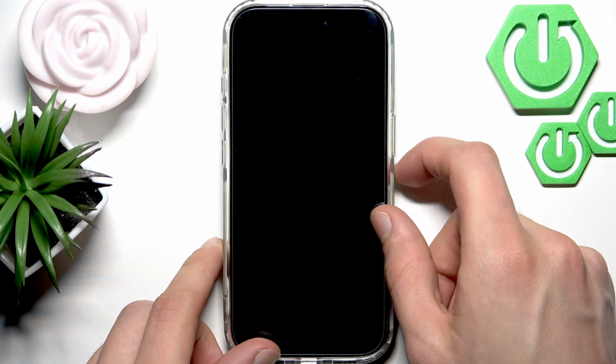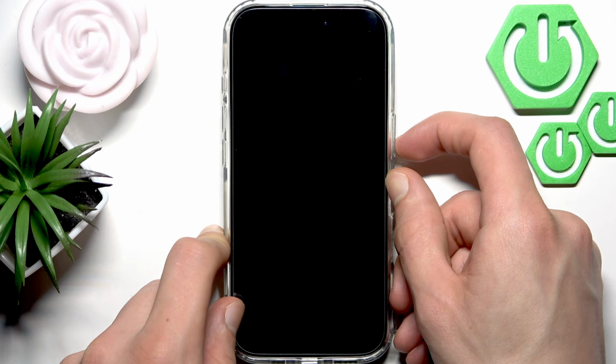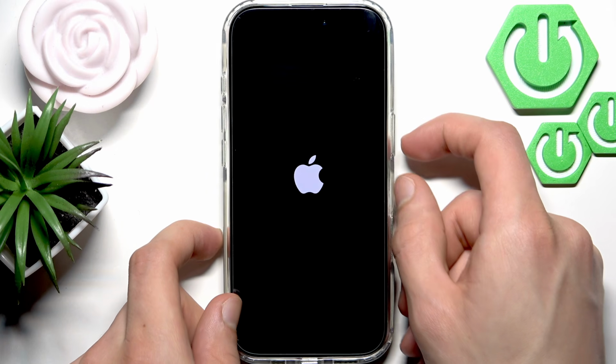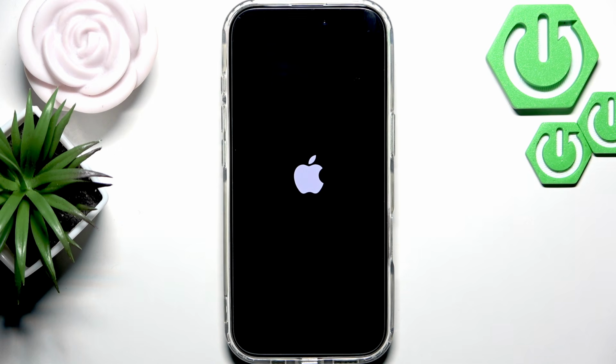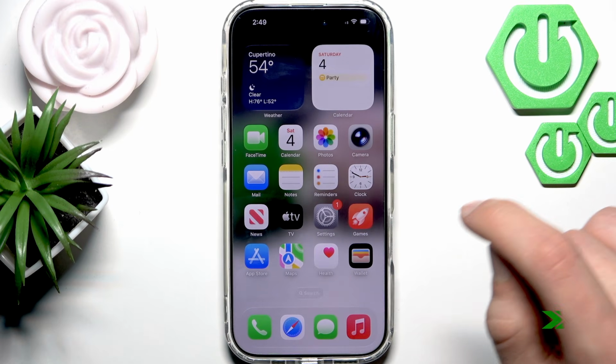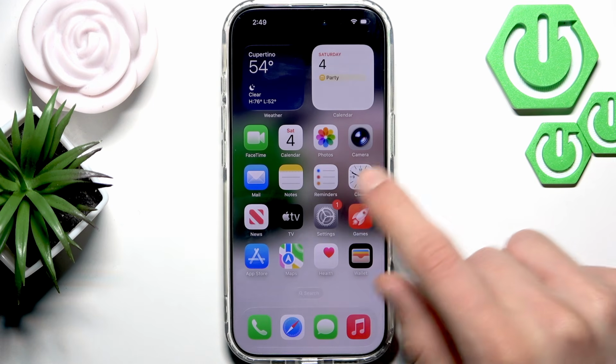And once it's switched off, you have to hold down the side button of your device once again and just wait until you see the Apple logo on the screen, then you can release it. Okay, and now let's wait until this phone boots up into the system. Check if it has solved the issue, and in case it didn't, don't worry, we still have one more basic